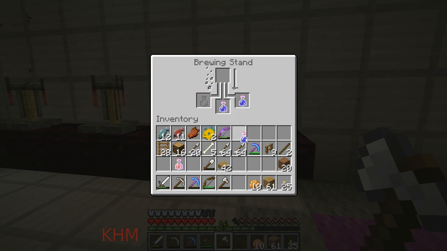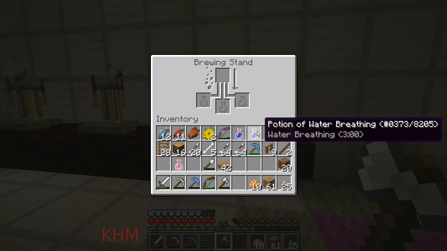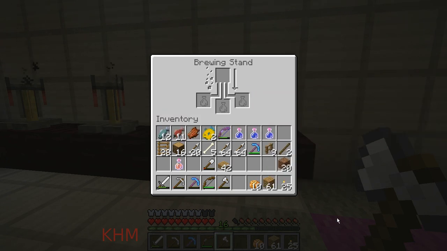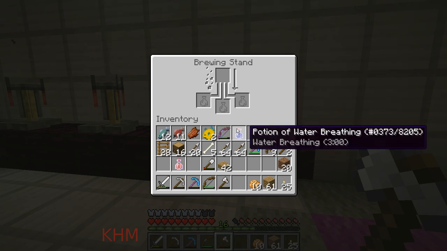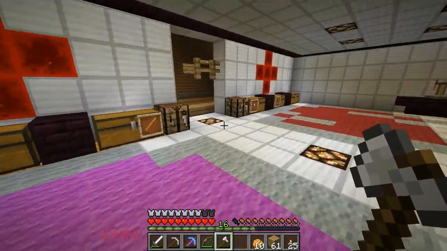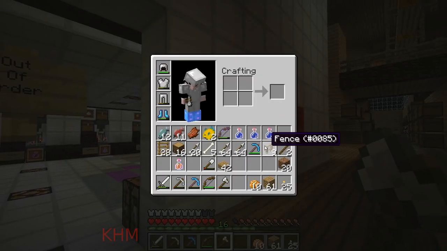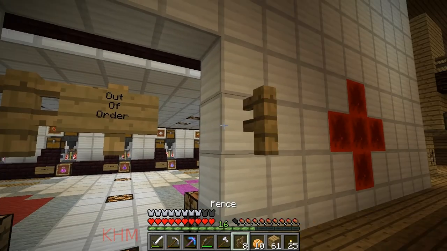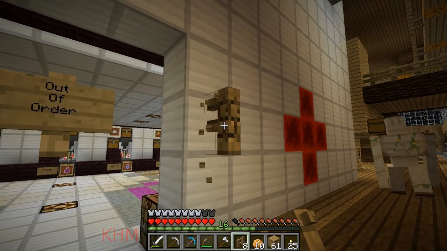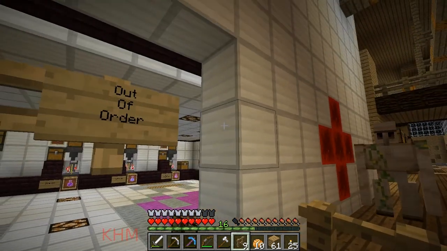Nice. They look an awful lot like the night vision potions. Or possibly invisibility potions. I'm not sure. I don't use them that often. But that's pretty cool. I don't intend to use them at the moment, so I'll just go ahead and store them away. And, oops. And I'll get back to the